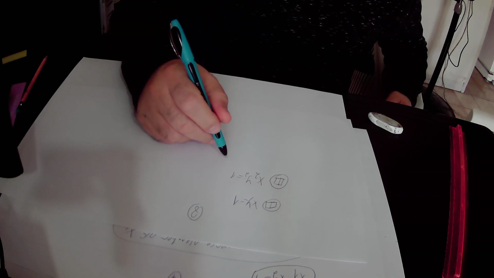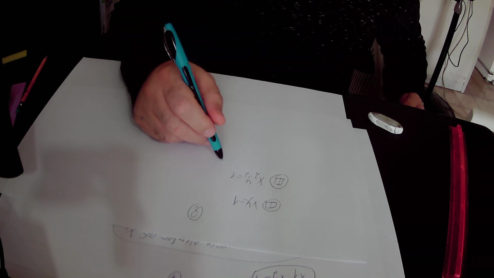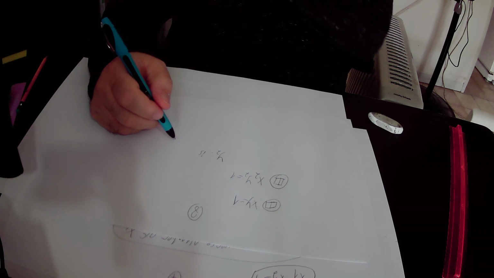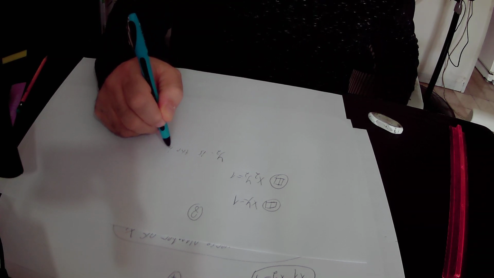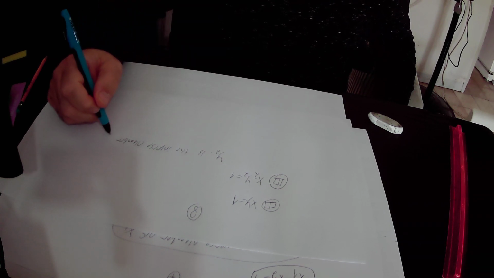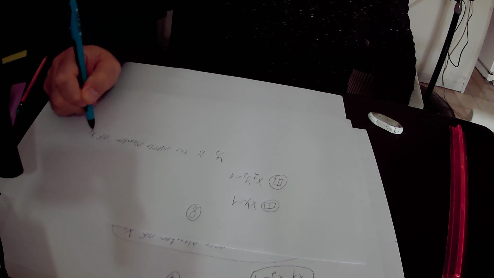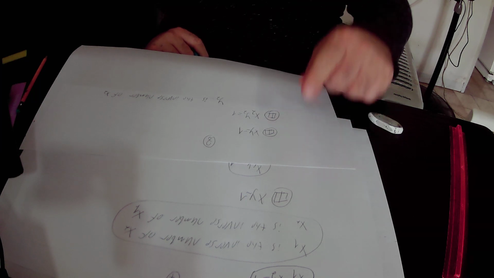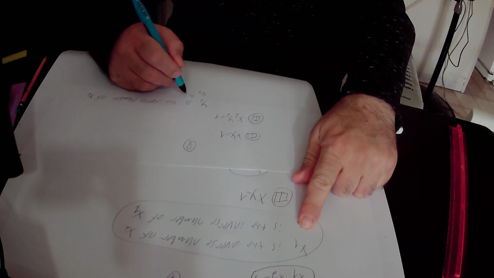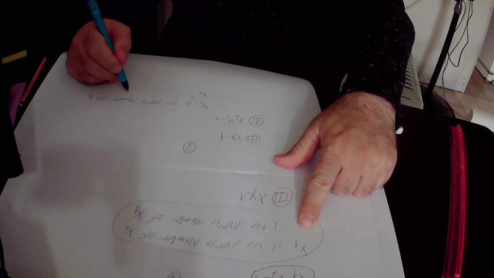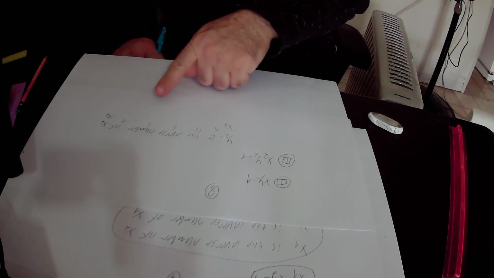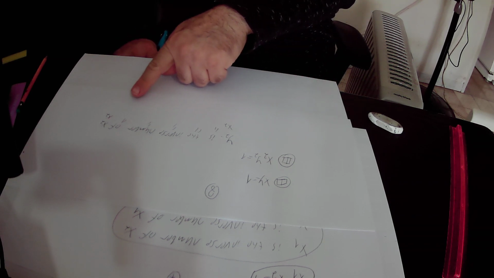It means that y2 is the inverse number of x2, but we have already found out that x2 is also the inverse number